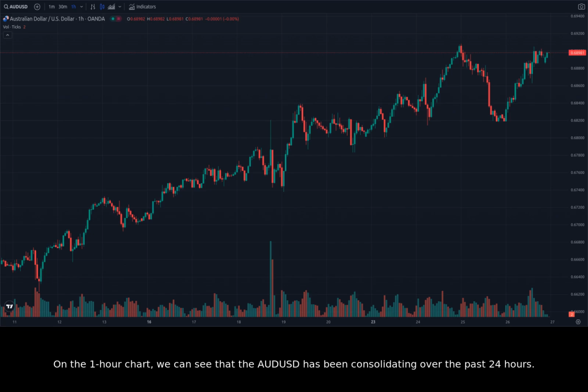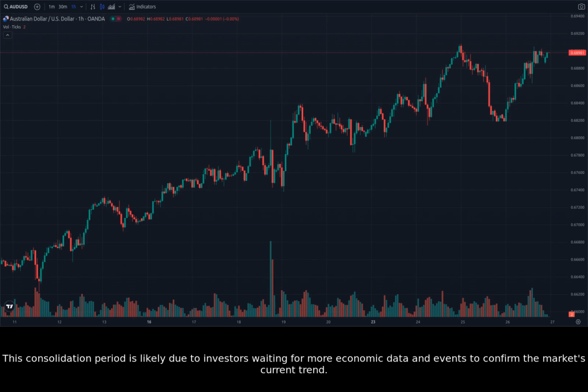market. On the 1-hour chart, we can see that the AUDUSD has been consolidating over the past 24 hours. The pair is trading within a tight range, suggesting that there's a lack of clear direction for the time being. This consolidation period is likely due to investors waiting for more economic data and events to confirm the market's current